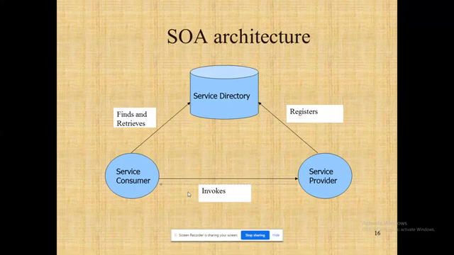Now we have talked about the customer point of view. From the developer point of view, if you are going to develop your application, you have to create a service for the application. Otherwise, you surrender the application to the service provider. The service provider will create the service for your application, register the service in the service directory, and give you a unique ID. Using that, you can see the performance of your service, which is being used by the corresponding consumers. So that is the developer point of view.